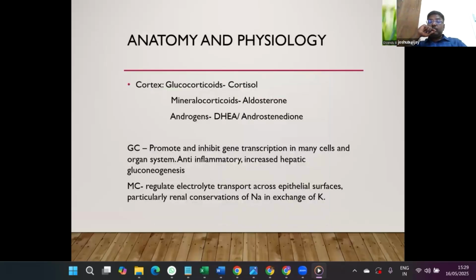Anatomy and physiology: the adrenal cortex and the medulla. The cortex forms the glucocorticoid, whose main hormone is cortisol, the mineralocorticoid, aldosterone, and the androgens, DHEA and androstenedione. Glucocorticoid promotes and inhibits gene transcription in many cells and organ systems. It has anti-inflammatory effects and increases hepatic gluconeogenesis, and mineralocorticoid regulates electrolyte transport across epithelial surfaces, particularly renal conservation of sodium